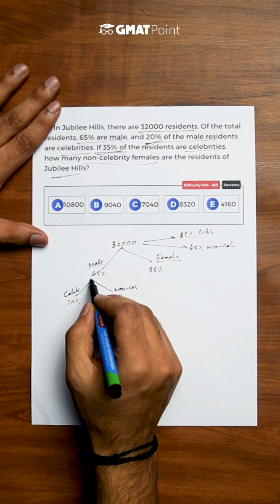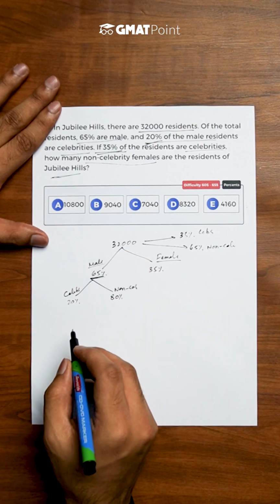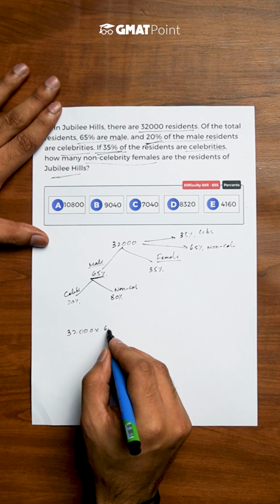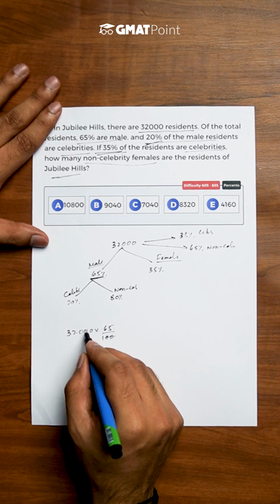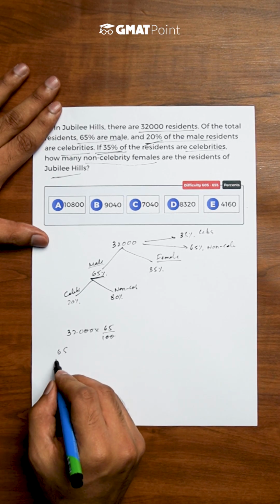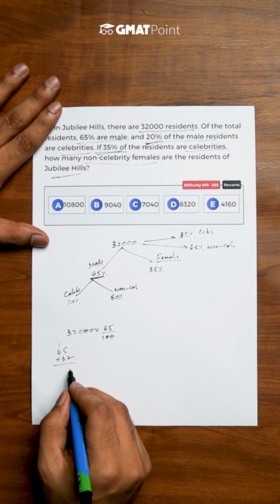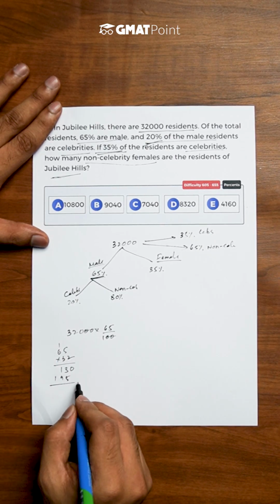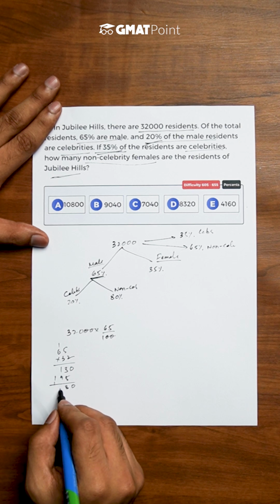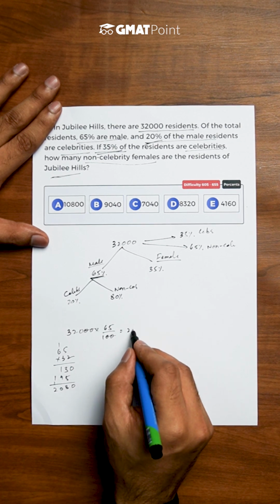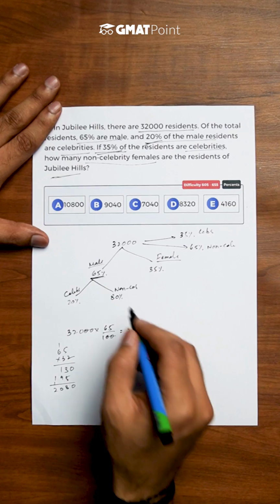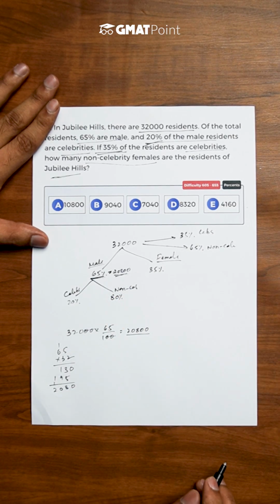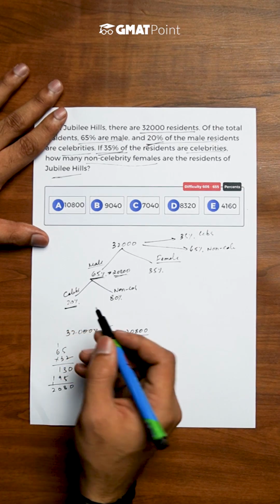So let us first calculate the male population in this Jubilee Hills. That can be calculated as 32,000 into 65 by 100. This is nothing but 65 into 32, which is 2 5 are 10, 2 6 are 12 plus 1 13, 3 5 are 15, 3 6 are 18 plus 1 19, which is equal to 20800. So the total number of male residents in this colony is 20800, and out of which we are given